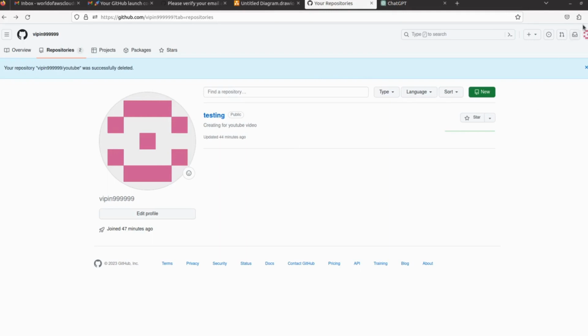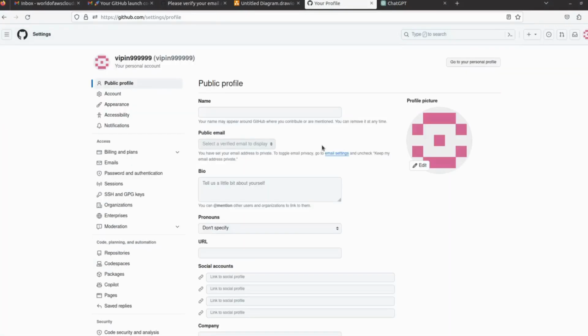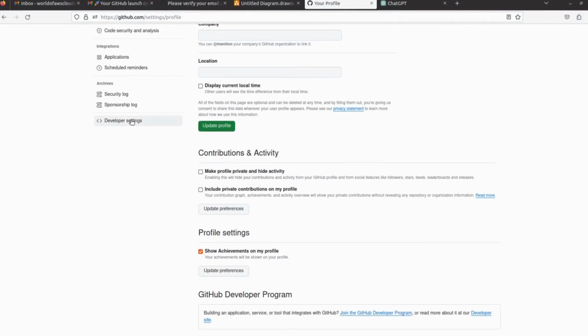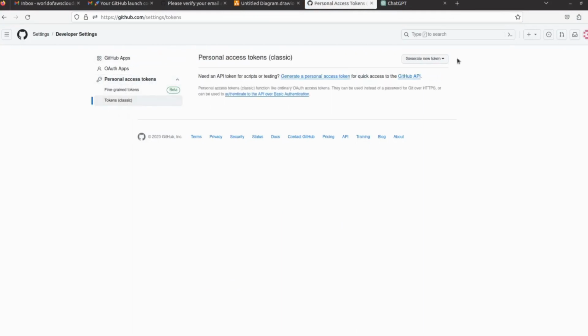What we have to do is first click here and go to the settings, and generate an access token here. We have to go to the developer settings, then click on personal access token, then click on tokens (classic), and generate a new token, that is classic.